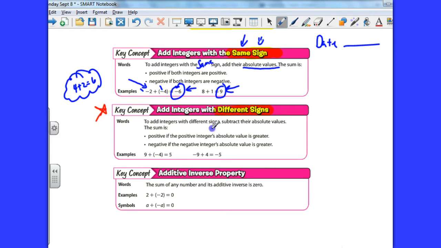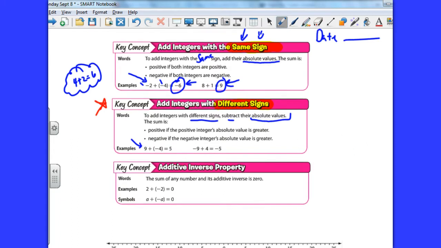Now this sounds much harder than it is. It says to add integers with different signs, we subtract the absolute values. What they're trying to tell you here is that when you add with different signs, you're really doing subtraction in your head, and then you take the sign with the larger absolute value, what looks like the bigger number. That's not really always the bigger number. Let's just jump down to this example right here, and we are going to look at these on a number line. If I have 9 plus -4, they're telling you that the answer is 5,